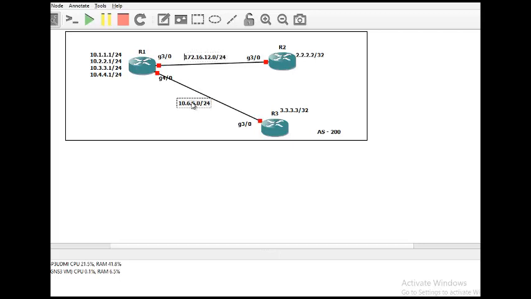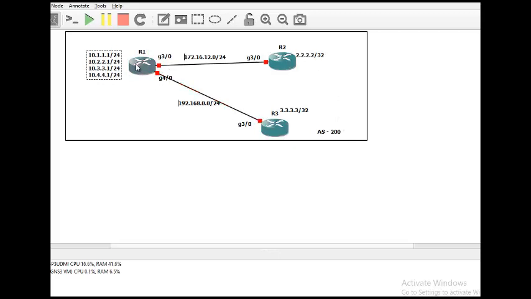And here I'm going to say 192. All right, so that's the change. And I'm going to show you the summarization for these networks only. This is the focus. We're going to see how do we receive these four routes in R4 and R3, so